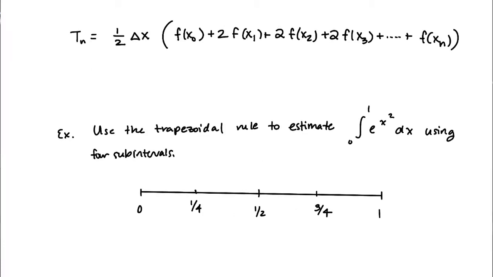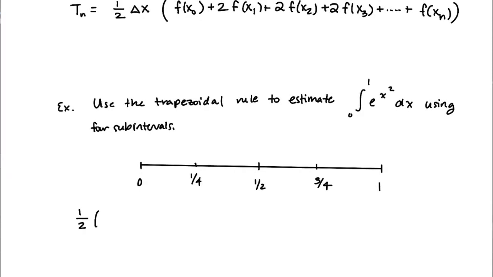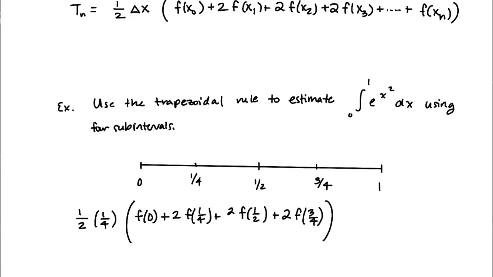So just looking at our trapezoid rule, we need to fill in the fact that we have a half times the delta x, which is a quarter, times f of 0 plus 2f of a quarter plus 2f of 1/2 plus 2f of 3/4, right? And then last term, sorry, plus f of 1. Okay. So now,